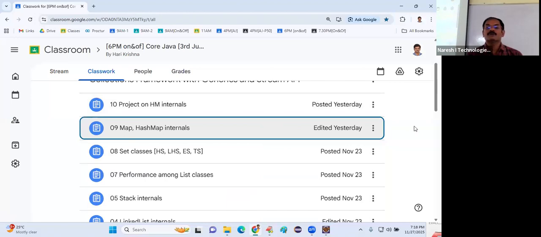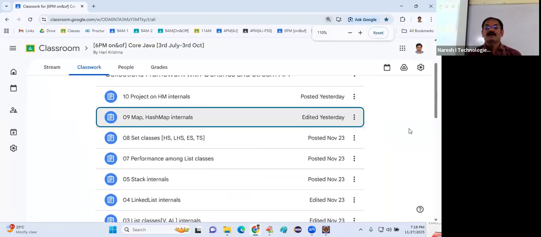Okay. Tomorrow, we have to understand linked hash map, identity hash map, weak hash map. The next, enum map. So tomorrow, Friday,